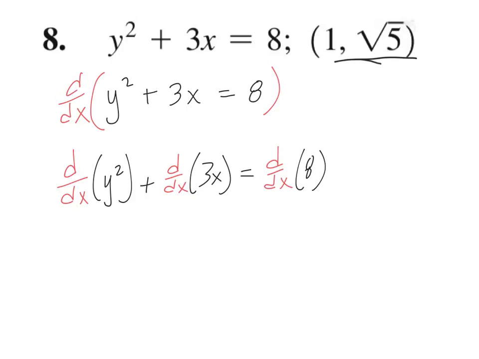Okay, so as a result, the one thing I want to talk about here is that when I take my derivative with respect to x, I'm looking to see if it matches up with the variables in my term, and it doesn't. This is an x and this is a y. Since they don't match, I have to use the chain rule. Now, I'm going to take my normal derivative, which is going to give me 2y, and then I'm going to multiply by the derivative of y, which I'm going to write as dy